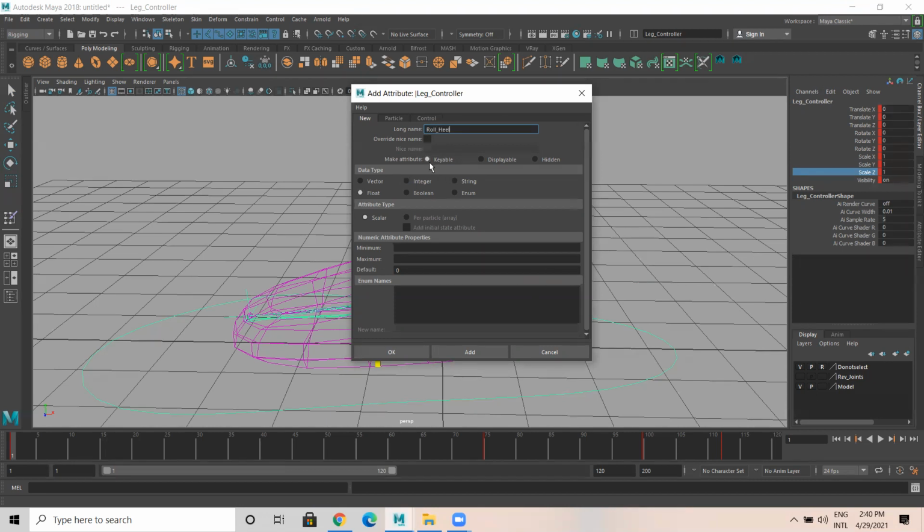Is this keyable? Yes, it has to be keyable, and the data type has to be float. Minimum value is 0. Maximum value is 10. Default is 0. So when you change the value here, I can make this minimum 0, maximum 10.